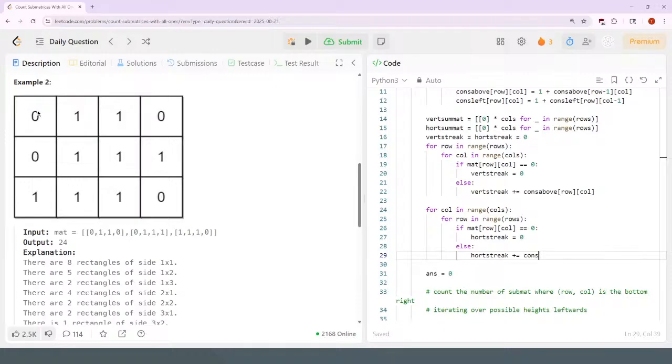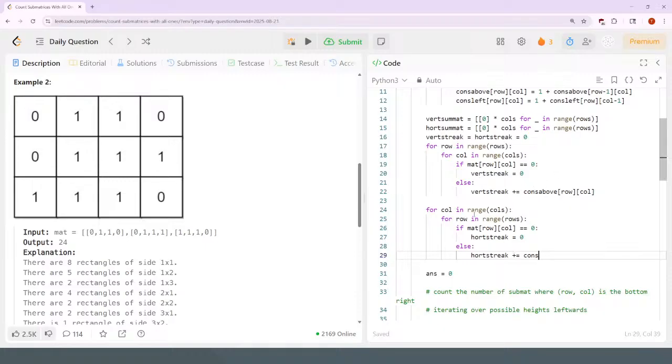Consecutive streaks. It's not quite right. I think I need to go to consecutive left 0, 0. So consecutive left is going to be 1 plus. Do I even need the